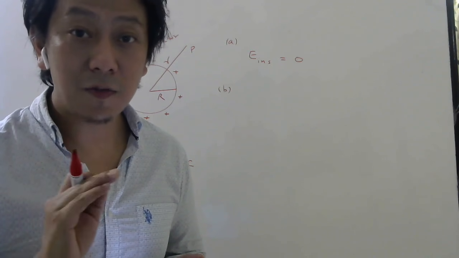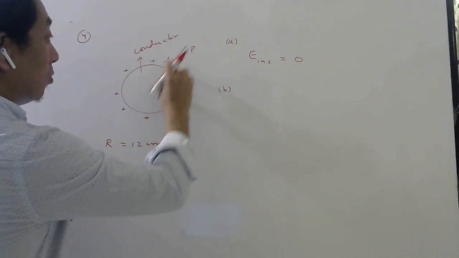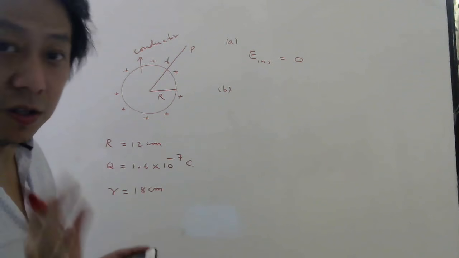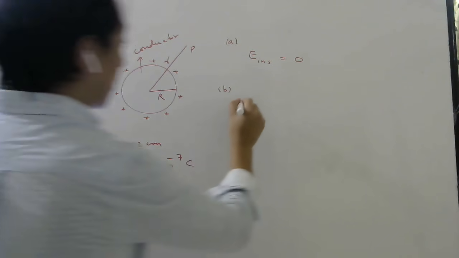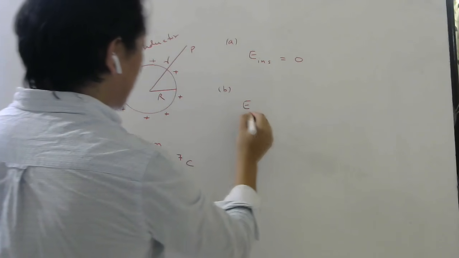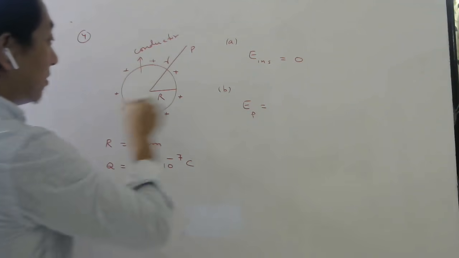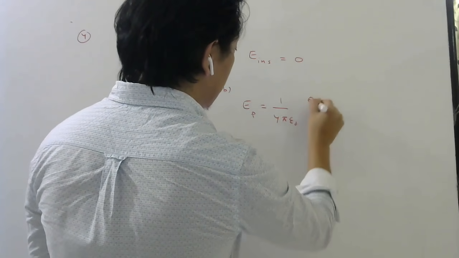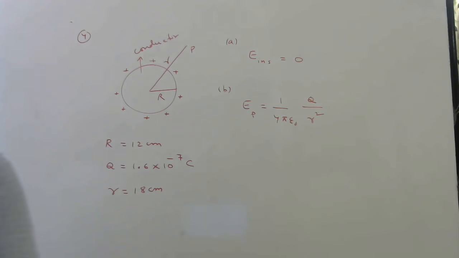So they may give you distance from the surface. So please add the radius to this distance to find distance from the center. Here no need to do. Here this small r is distance from the center. So electric field, here they want P, let us call it. Since it is outside, we know the formula for a shell of charge: 1 by 4 pi epsilon naught Q by small r square. Right? So let us substitute the values.